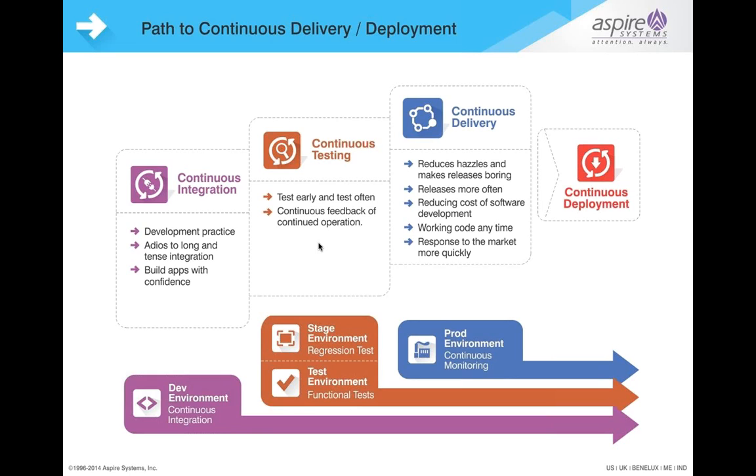And since the entire end-to-end continuous delivery process is automated, you can in fact plan for more releases within a stipulated span of time, and you can have as many releases as often as you want. And obviously, if something is automated, it leads to a reduction in the cost of software development. And you would have code working anytime with continuous delivery. You'll have the archive builds, and the builds which are certified are ready for deployment,